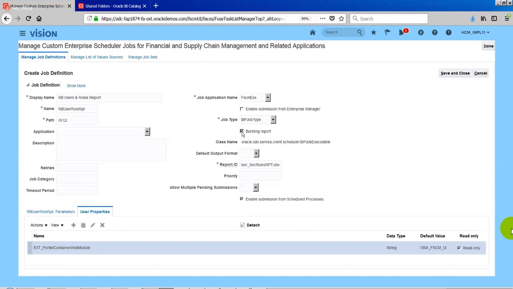In that case, we'll come again here and I will show you how it works. It is just informing the ESS engine that it is a bursting report. Once this report is executed, there is a post-processing task to be done. So that's the meaning of it. Will it send an email to a specific person, if the bursting logic has that provision? It will do it.